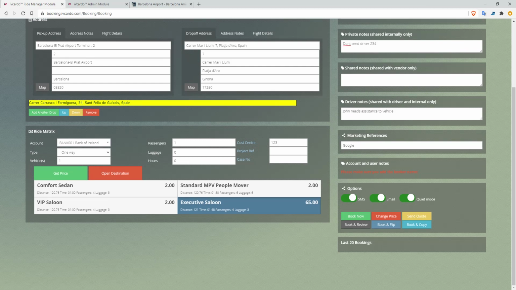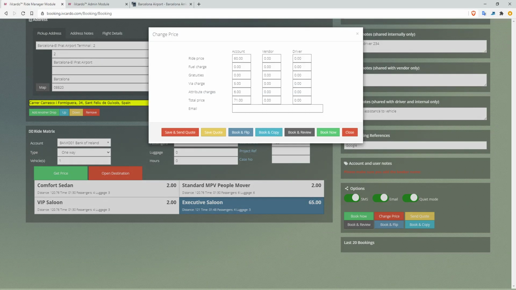So our options now, we have book now, which would submit the booking into the system, ready for dispatching. We have change price, so I can click on this, I can affect the price. So I've got my attributes, I've got my via charge that's been set up in the pricing matrix. So that's the customer column. There were no prices added for the driver column here in the previous demo we did, so that's showing 0. So if it's a quote, I can save this and send an email to the customer, and that's saved under quotes. So when they want to convert it into a booking, you don't have to go through the process again. Okay. I can just save the quote, maybe because I've given the reference number to the customer,